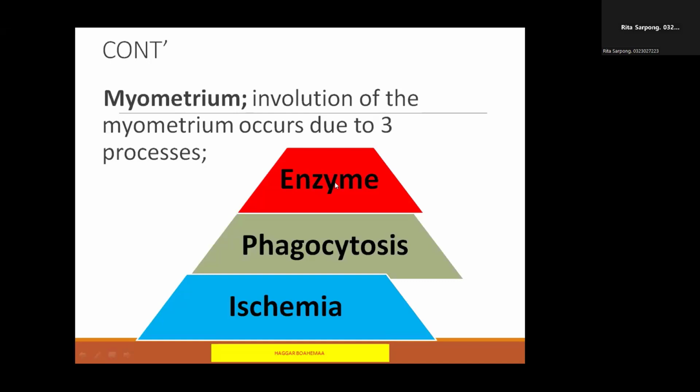Okay. So we said here, some of the muscles may be unaffected by the process of the phagocytosis. Okay, some of the muscles may be unaffected. So when some of them are not affected, you see that most of them, especially in the multiparous woman,